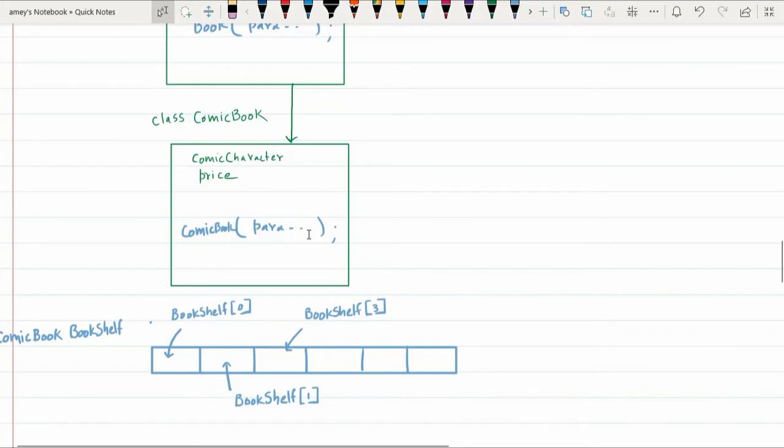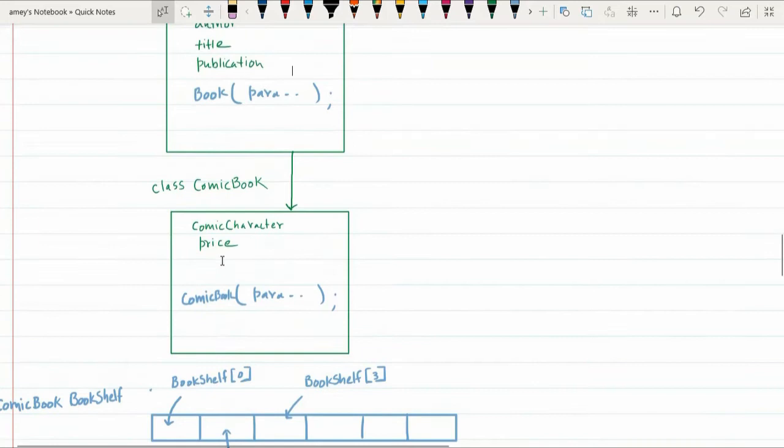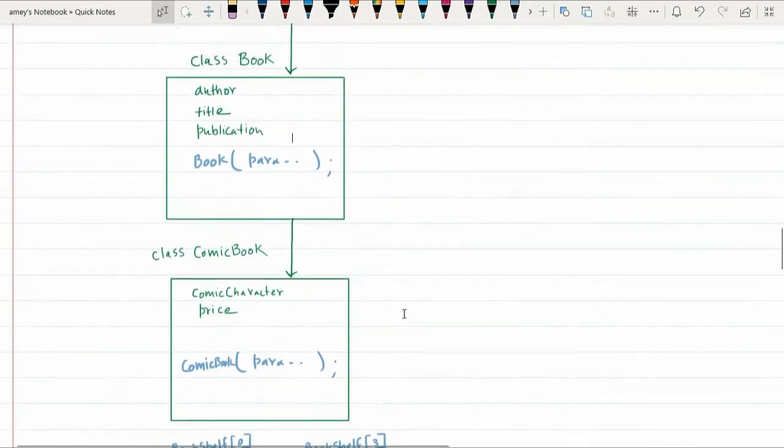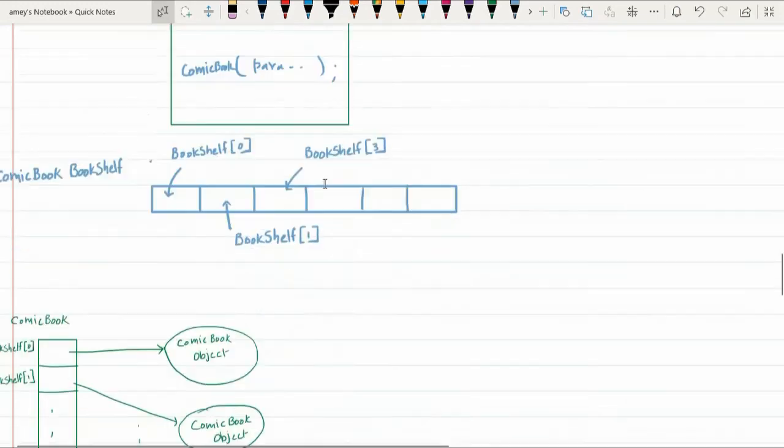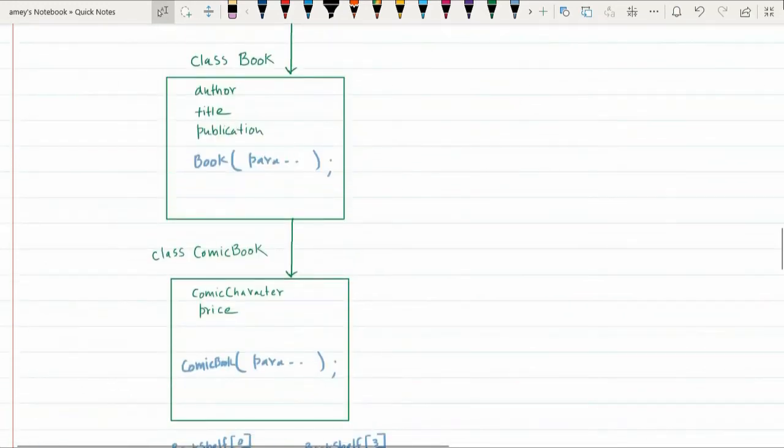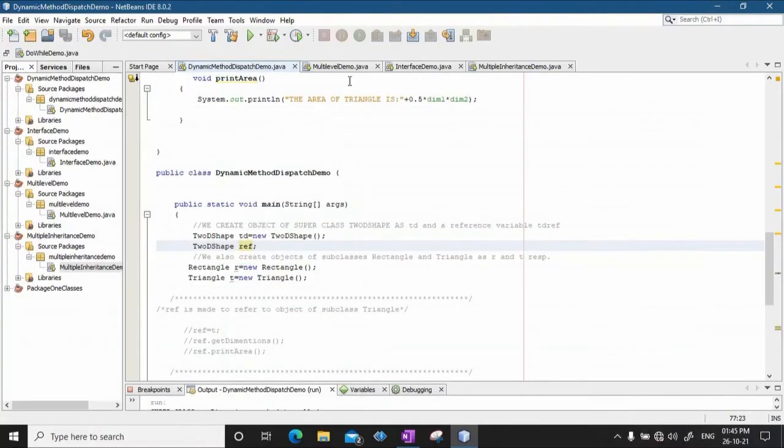So the total parameters that you specify here will be 9 parameters. And again, you will see the definition of the comic book constructor will have a call to the superclass constructor called super that will pass the other parameters to the upper classes. Okay, so we will just have a quick glance at the program.